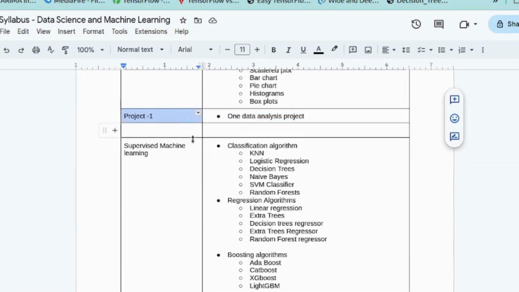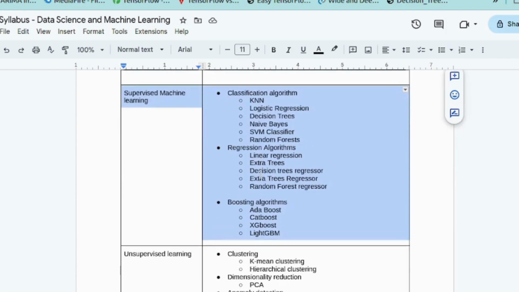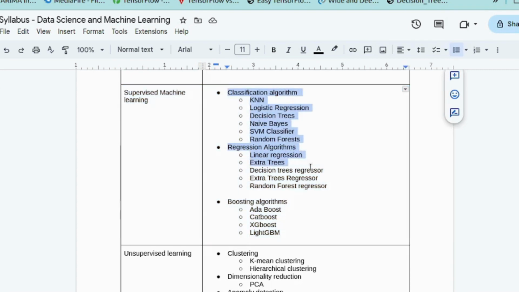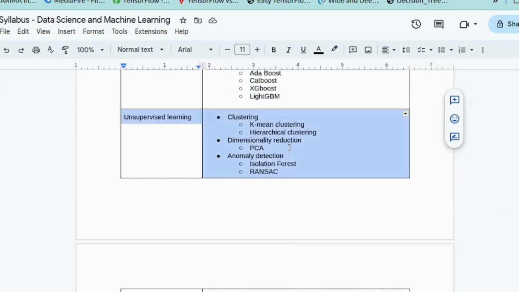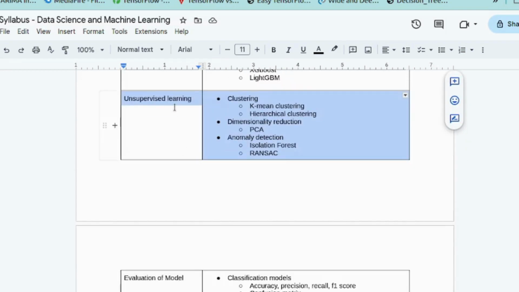Once this part is complete, then the machine learning part starts, where we will learn the supervised machine learning algorithms, like classification algorithms and regression algorithms, their theoretical background, how to implement them in Python, and on what kind of data set we can implement them. At the same time, we will also learn the boosting algorithms one by one. After covering the supervised, we will move towards the unsupervised machine learning, which will help us to do clustering, dimensionality reduction, and outlier detection on our data set. We will also cover the theoretical part and the practical part of these